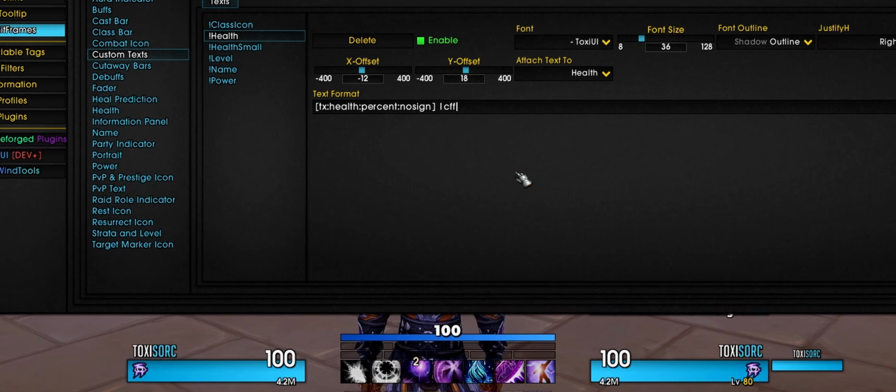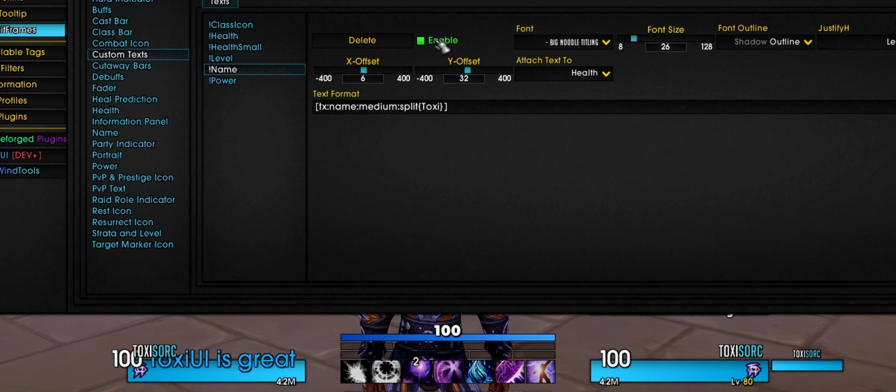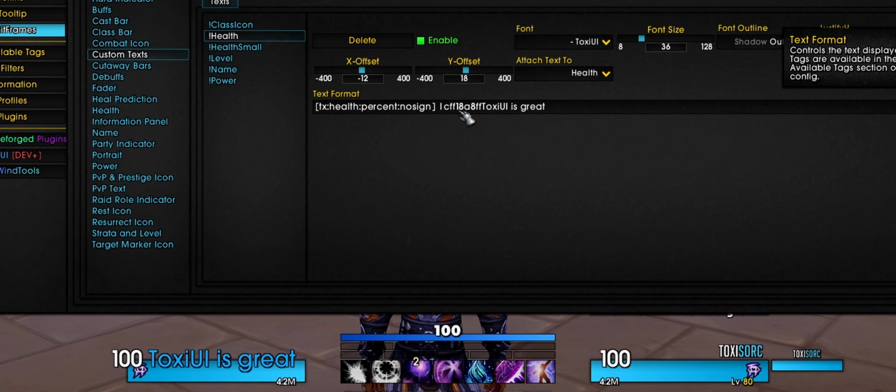So I'm going to put in ToxiUI's brand color, which is 18A8FF, and then let's say ToxiUI. And as you can see, that string is now colored ToxiUI. Let me just disable this for now. And you can see all of that string is getting colored with this